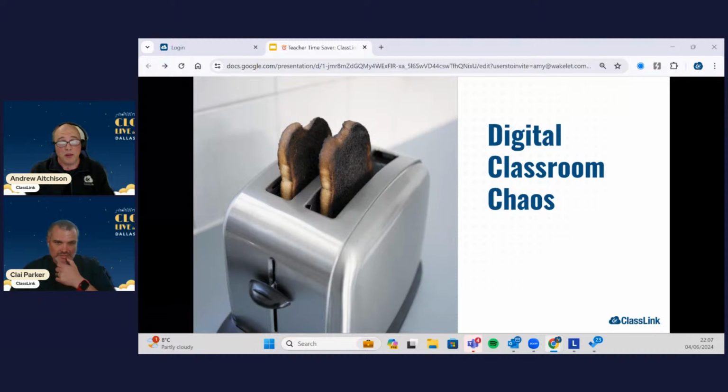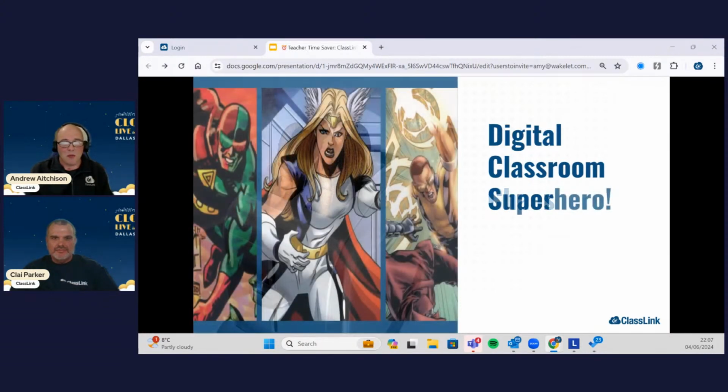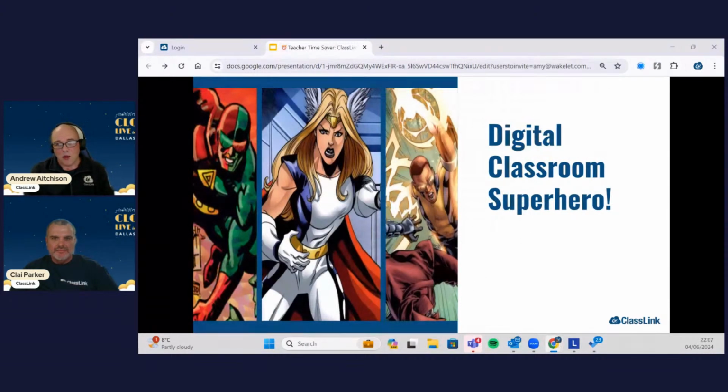You need the right tools, you need the right amount of attention, and obviously a little bit of expertise and finesse to get it perfect. So that's basically some of the classroom chaos that we see. So if that rings familiar with you and you're sick and tired of password resets, problems logging in, phone calls to your support desk, then perhaps there's an area there we can talk about when we move on to the